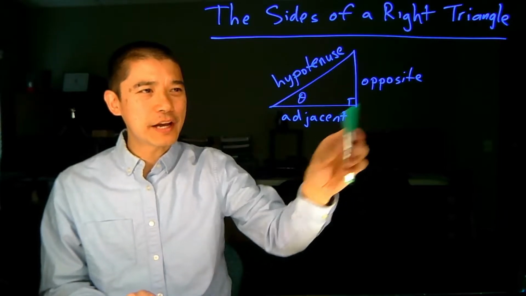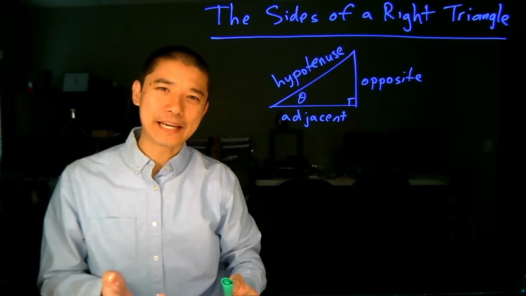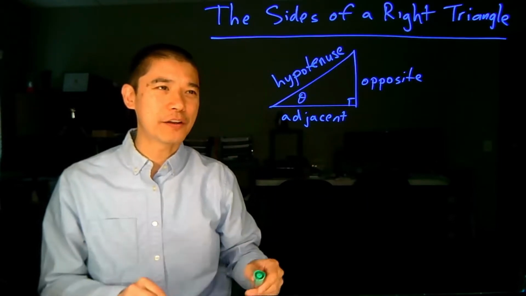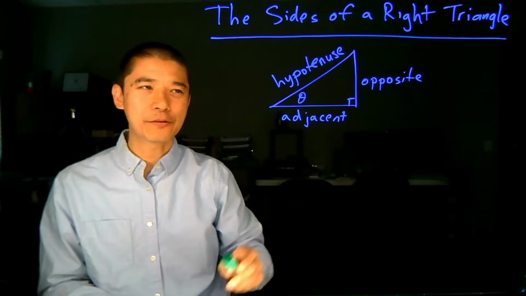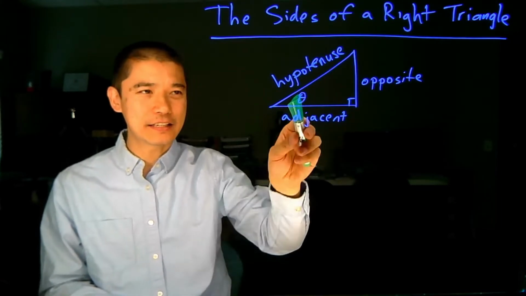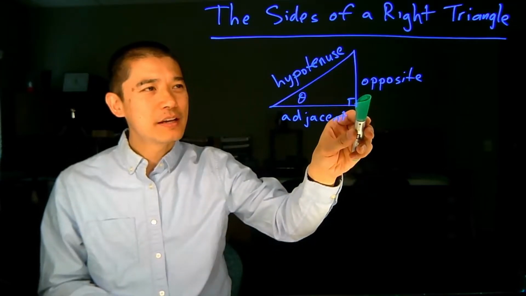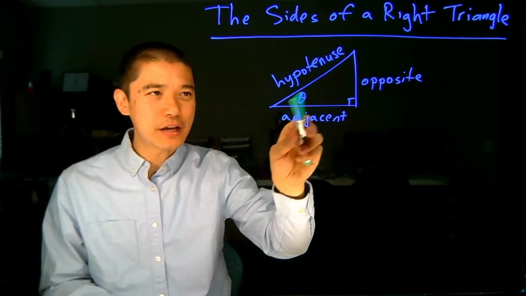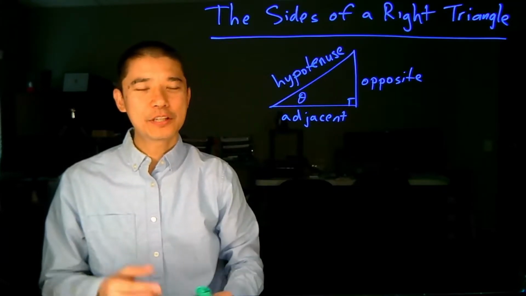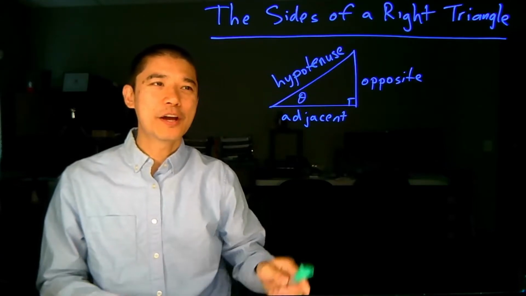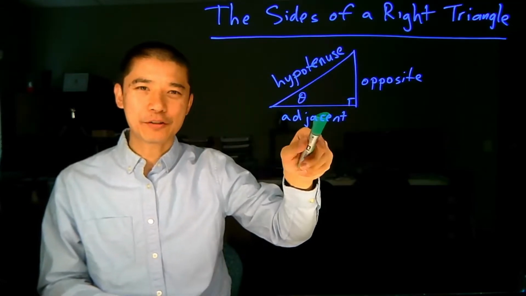But the other two sides are typically known as legs, and we have to be able to identify one from the other. So relative to the angle theta, we have an adjacent side. It's adjacent to the angle. And then we have the opposite side, which is opposite the angle. So when we see the words adjacent, opposite, and hypotenuse, they always refer to parts of a right triangle relative